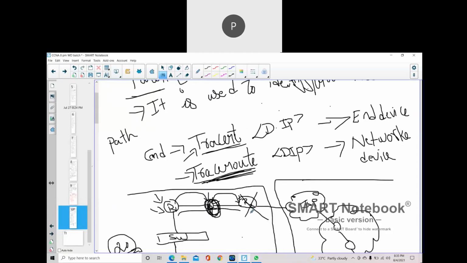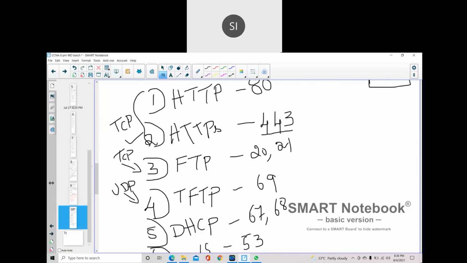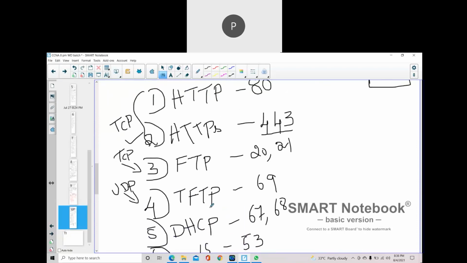So you told us that if we are accessing Facebook.com or anything, it will go to that particular port only. Yes, correct. For example, Google Drive: we can access it in two ways, via HTTPS and also via FTP.